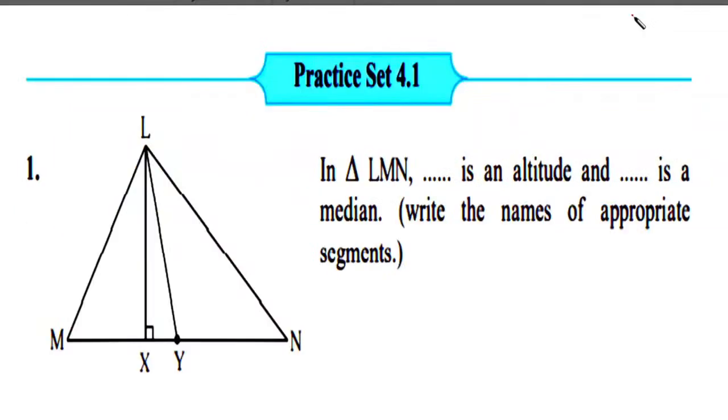Practice set 4.1. Observe the figure. In triangle LMN, blank is an altitude. Here, segment LX is perpendicular to opposite side MN. Therefore, segment LX is an altitude and